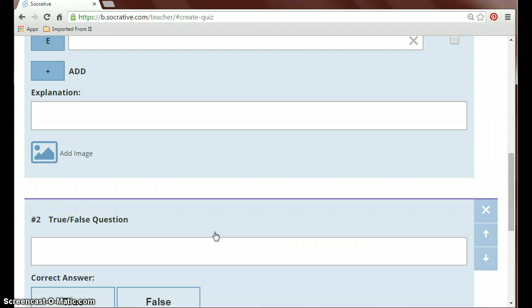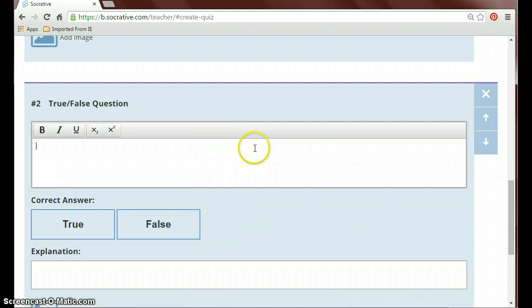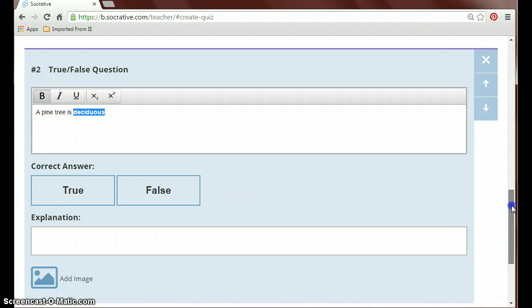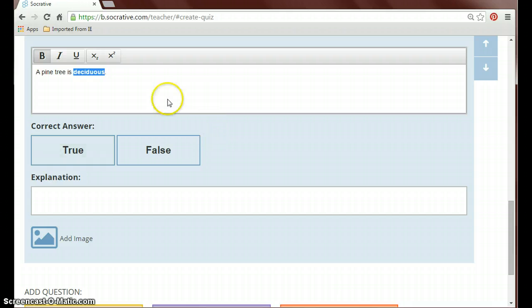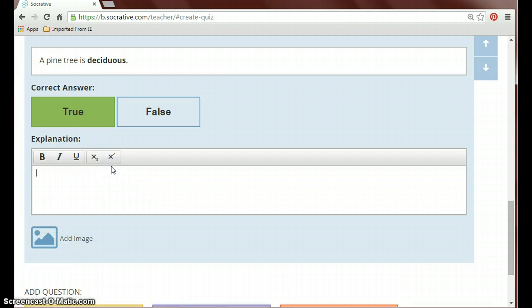We'll do true or false for the next one. Perfect. Click in to type your question, paste. So once again, here's my question, and I'm gonna bold this. You have to click if it's true or false. We'll click true. And it gives you the option to explain your question or the answer. So I will write